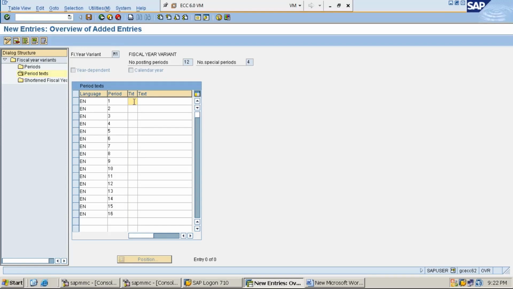Next, the text column, TXT, the third column. Against the first period, which is the first period, January or April? April. So give APR. Then May, June, July, August, September, October, November, December, January, February, March, then SP1, SP2,